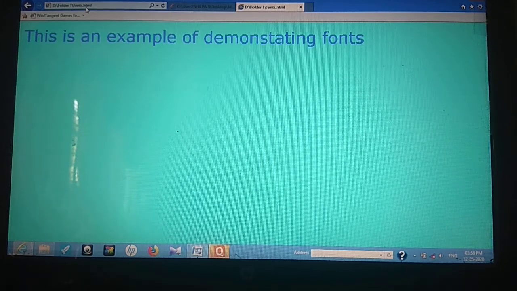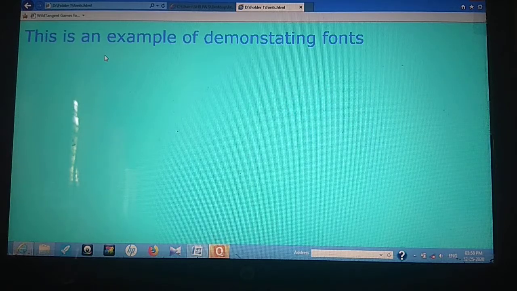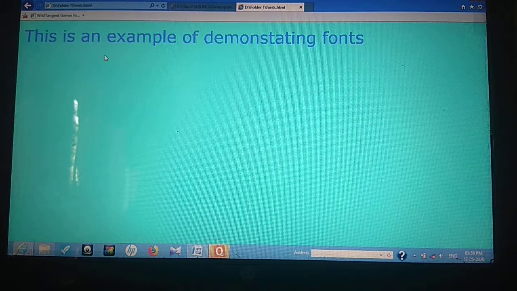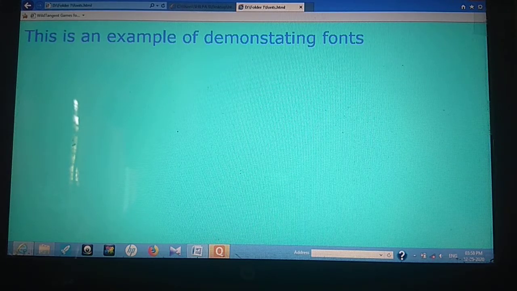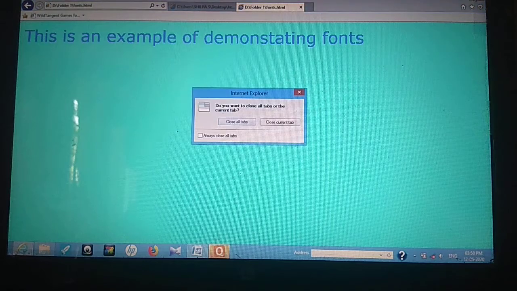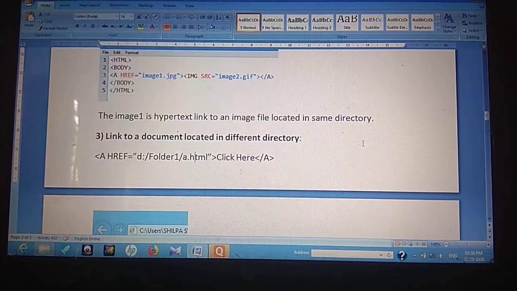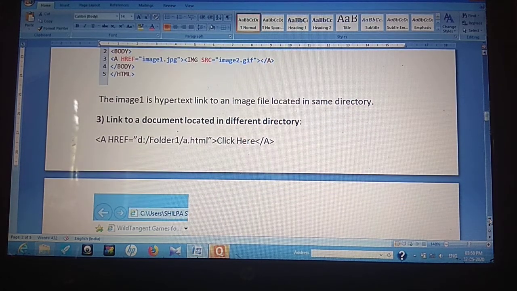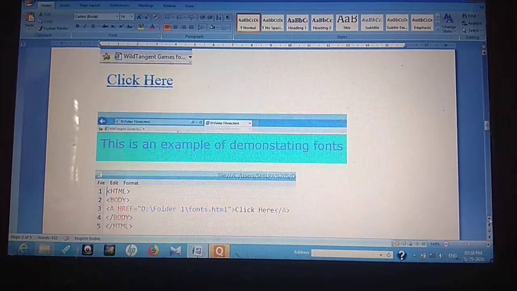This is how we can link one file to another file using HTML. Over here we have linked files which are stored in two entirely different directories. You can go through the code given in the PDF and you will be able to understand it.